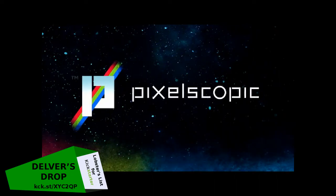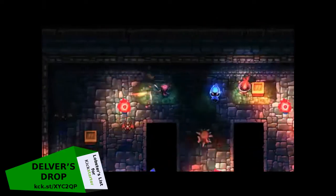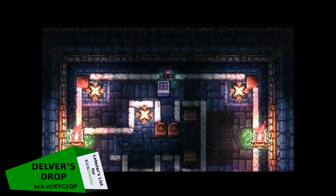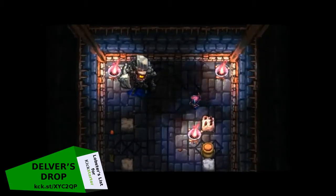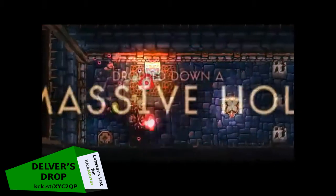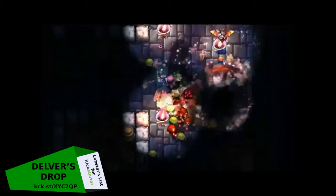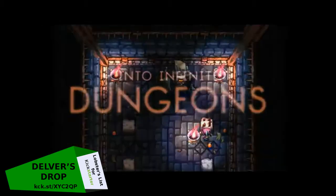Number 1. Delver's Drop from Pixel Sonic is a gorgeous-looking 2D action RPG with a top-down perspective. Prisoners are thrown one by one into a pit connected to a huge labyrinth beneath a castle. Developers are seeking a fast, fluid feel to the game's action. An in-game physics system where every character and enemy has specific mass, and the semi-randomization of dungeons are other features